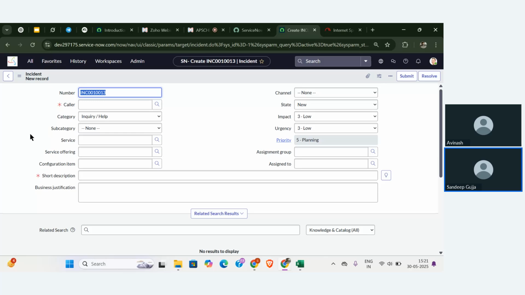So what is this field dependency like? Whenever a particular field's values are to be controlled by another field, there we are going to create field dependency. That means here we have two fields, right? One is category and one is subcategory. If you see, the category has been automatically selected, that is inquiry as well as help. If you go to the subcategory of that, we can see only 3 values, that is antivirus, email, and